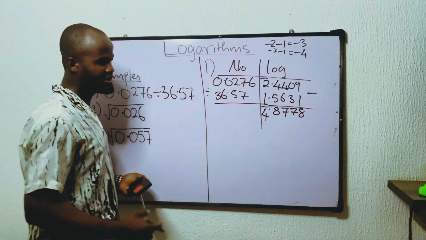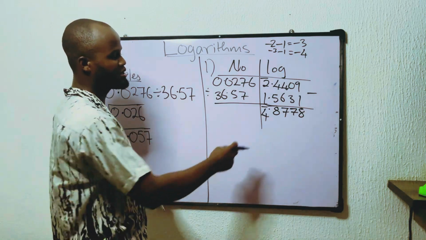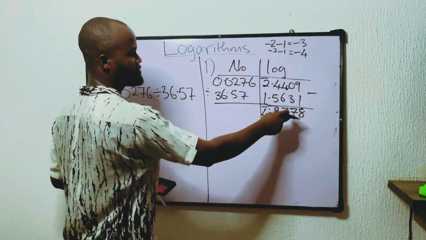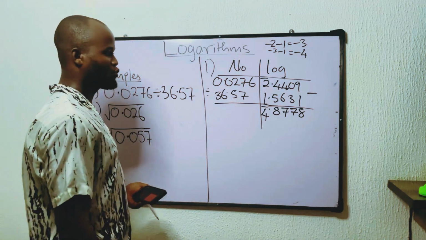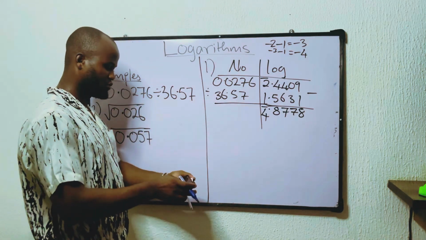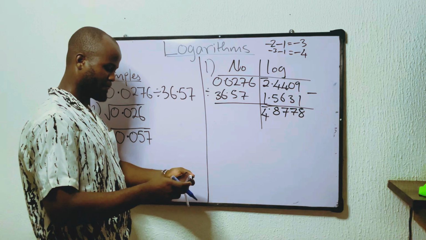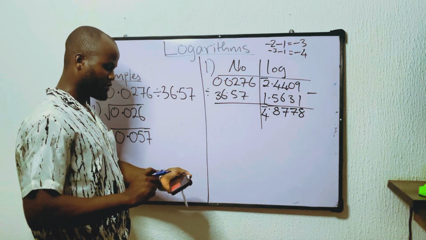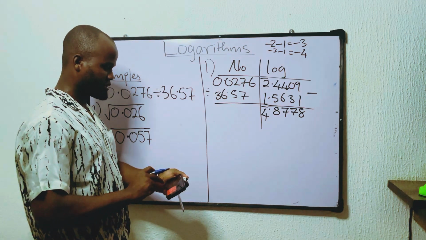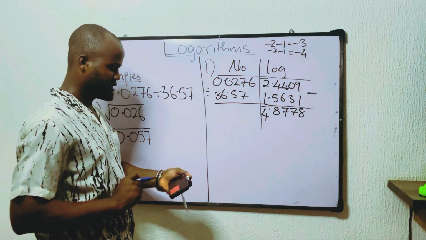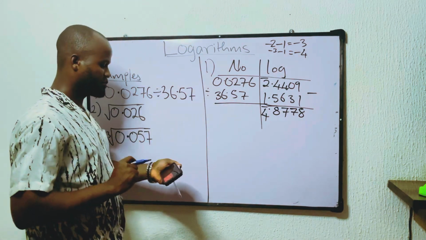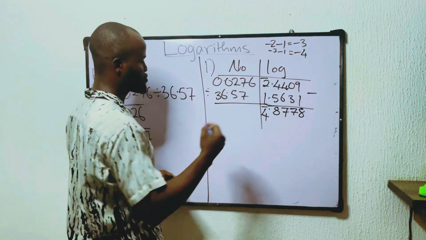So what's going to be our antilog? So all we are looking for is 0.8778, and then our bar 4 will determine how many zeros and where the point will be. So we go to the antilog now. So we have 0.8778. So that gives us 7.5474. So we write